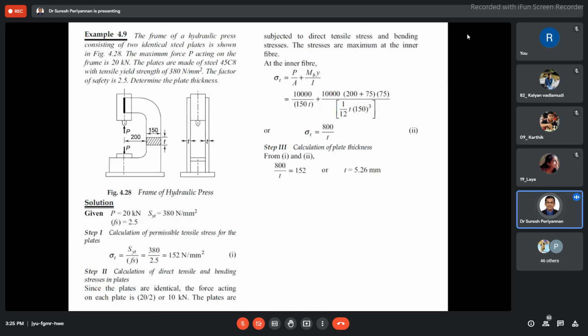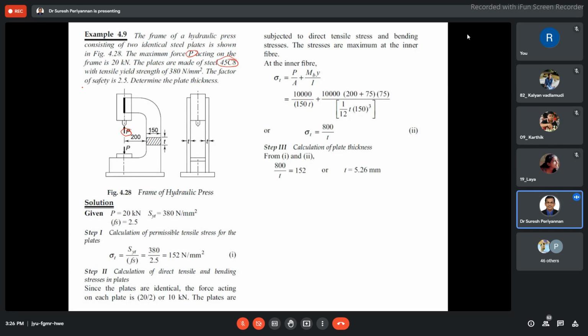Identical steel plates as in figure. The maximum force P acting on the frame is 20 kilonewton. Now see here, the plate is made of steel 45C8,